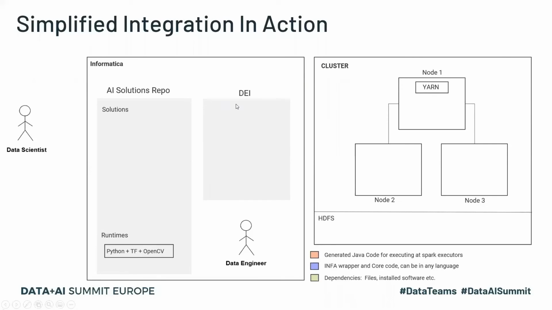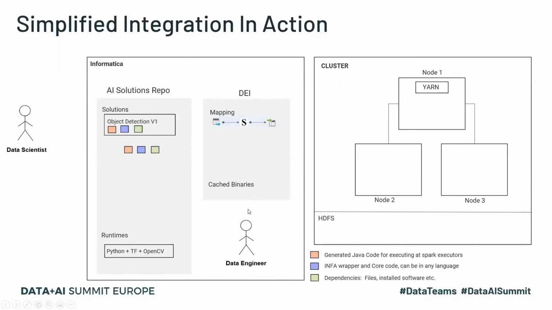So this is the setup which we discussed just now, where we have Informatica, in which we have AI Solutions repository and DEI, which is being used by the data engineer. The data scientist creates a solution and then adds that solution to the solutions repository, where the solutions repository then generates the required code so that this solution can be executed on top of Spark. The data engineer then creates a mapping using this particular solution and then submits it to the data engineering integration platform,